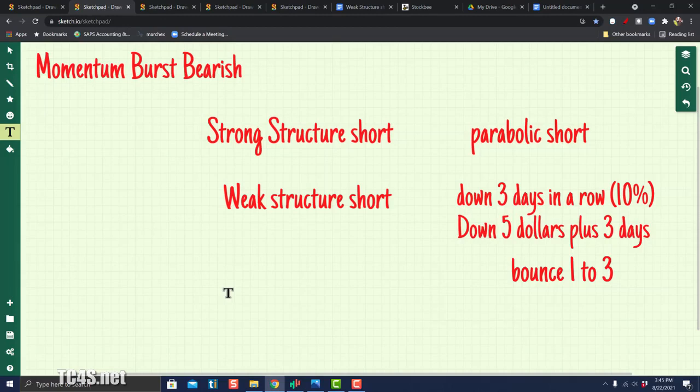So that's the structural problem with shorting. As a result, I don't pay as much attention to shorts as I do to the long side, especially in the accounts where, obviously, you cannot legally do shorting on those stocks. So that is what it is. I will be talking about strong structure short, which is parabolic short, in a brief video, and in the next brief video, I'll talk about weak structure short, which is a very easy setup to understand.